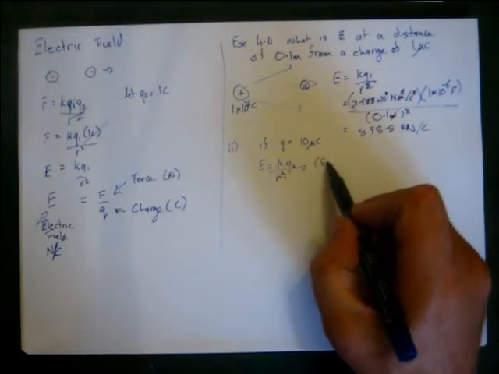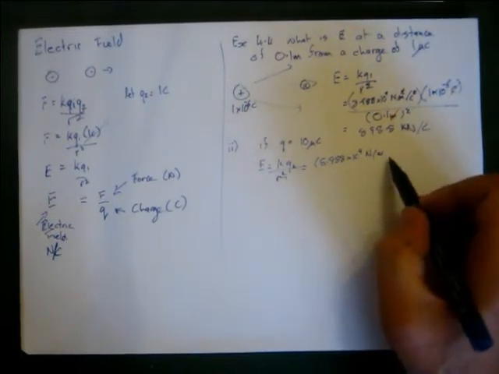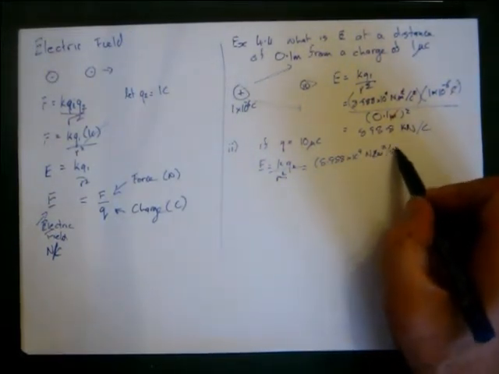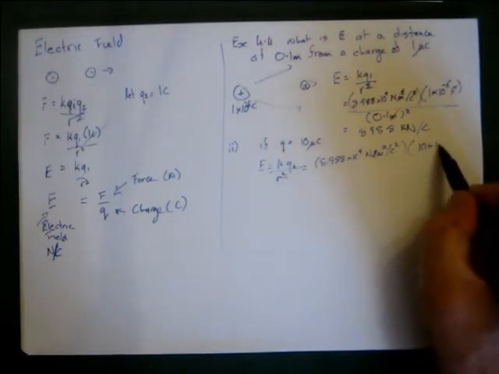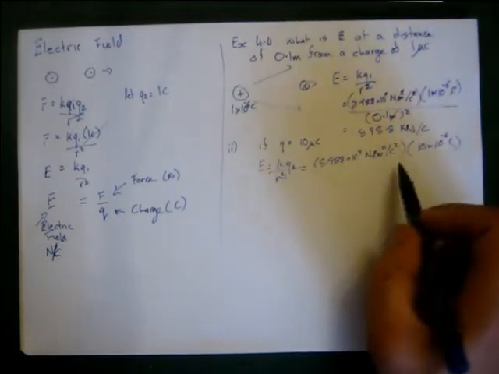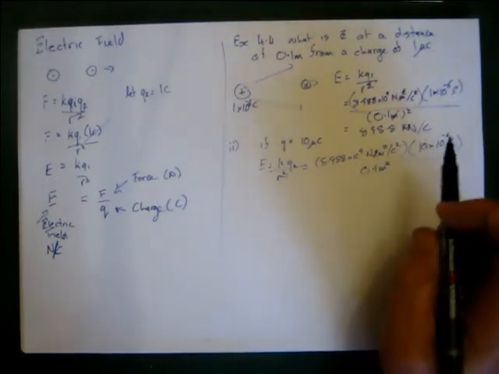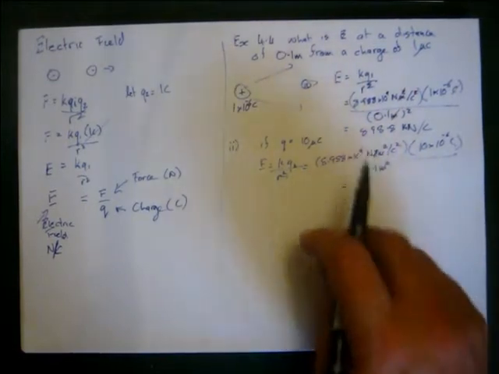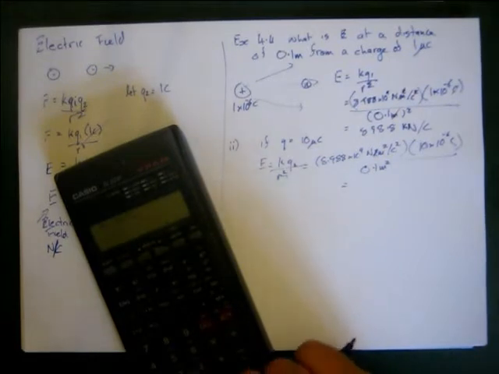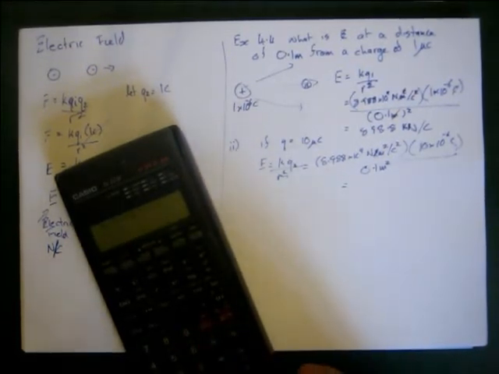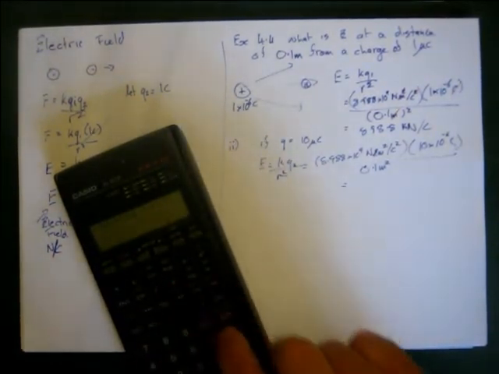which is equal to 8.988 times 10 to the 9 newton meters squared per coulomb squared, times 10 times 10 to the negative 6 coulombs, all over 0.1 meters squared. So again, stick that through our calculator. 8.988 times 10 to the 9, times 10 times 10 to the minus 6, divided by 0.1 squared, equals